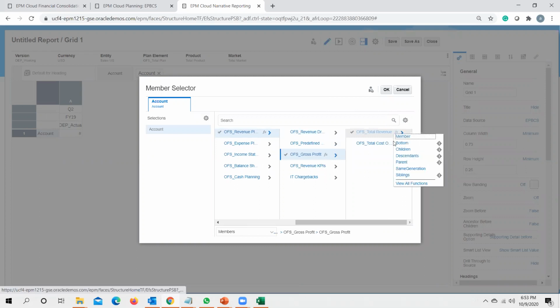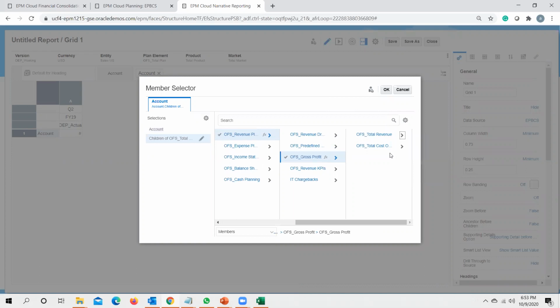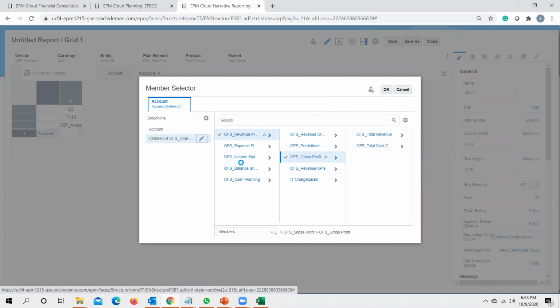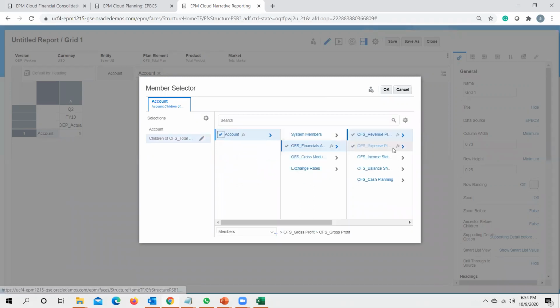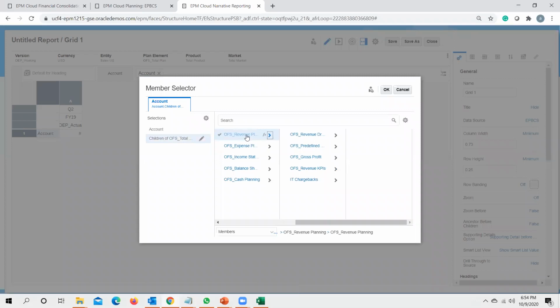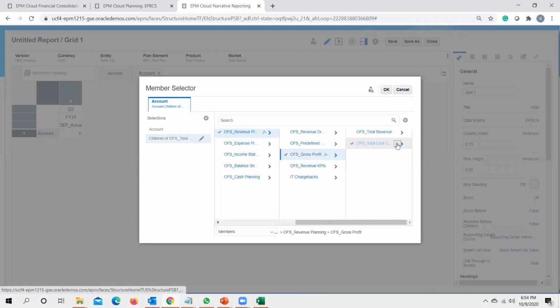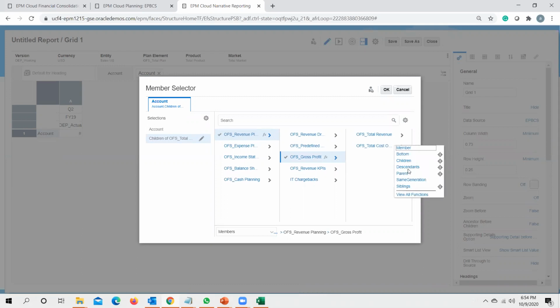So I'm taking children of total revenue, and let me keep inclusive as total revenue so that I could get total revenue also. And also I need total cost of sales. So again, children inclusive for total cost of sales.